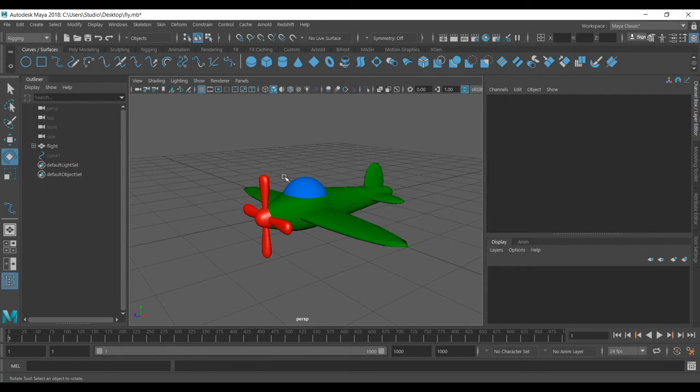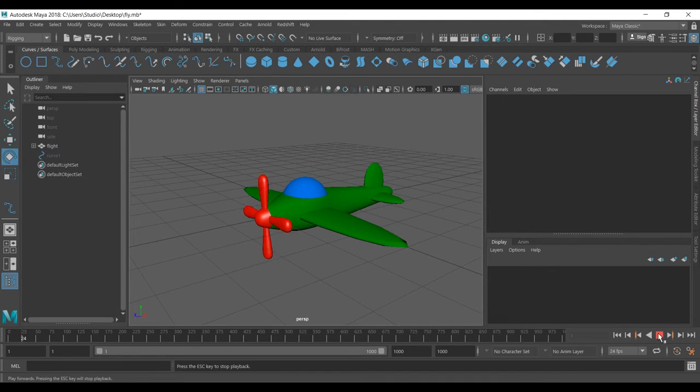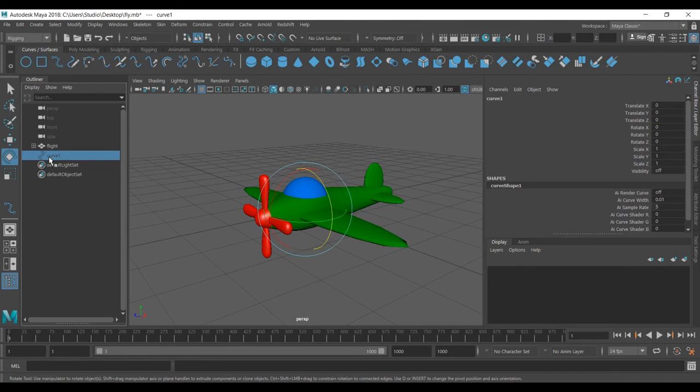And of course, at any time you can go ahead and change the speed to be faster if you want. Make sure if you want to key it, you put on auto key, but I don't want to key it, so I just turn this off and set maybe 55 speed, and when I play now it is much faster. So the next thing is we have a curve,